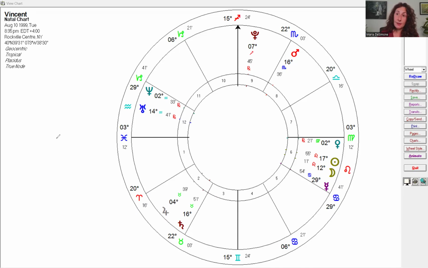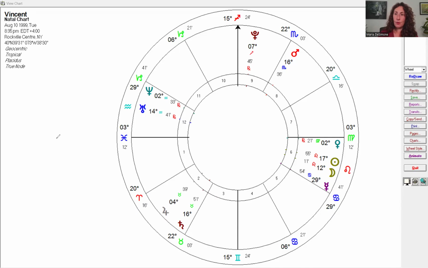Maybe it is to learn something about that axis. Maybe it is to learn something important about planets that might be trapped within the intercepted signs. So that's my philosophy, and that is what I want you to remember. Intercepted signs, if there are no planets in the signs intercepted, might not be as important in a horoscope.